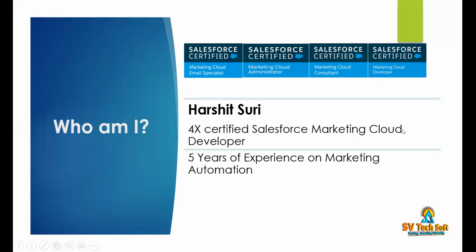These 3 certifications, consultant, administrator, and email specialist, if you listen to me carefully for 1 month, blindly, you will be able to clear. For developer, you need practice because development is difficult. It's not easy. If you haven't started development at any time in your career, you will take some time to grasp, but I will give you all the brief concepts required for development.